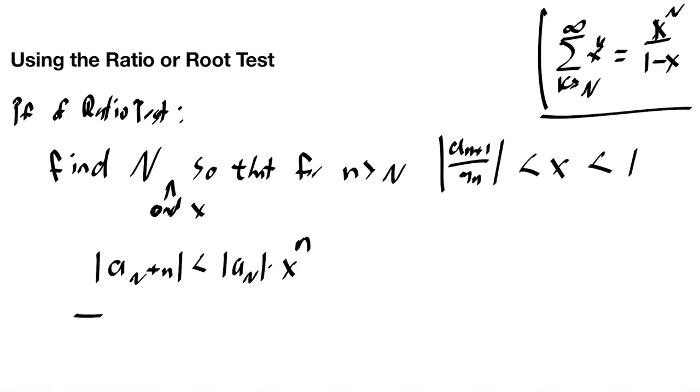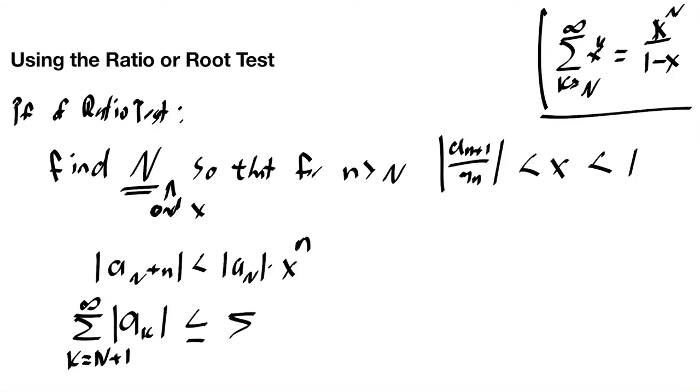And so what does that mean? So that means that if we sum from k equals, say, capital N plus 1 to infinity of a sub k. So if we're summing a bunch of these things, then basically what we're doing is adding all the points after that capital N value, which is large enough, well, then we know that this thing must be less than or equal to the sum as k goes from capital N plus 1 to infinity of